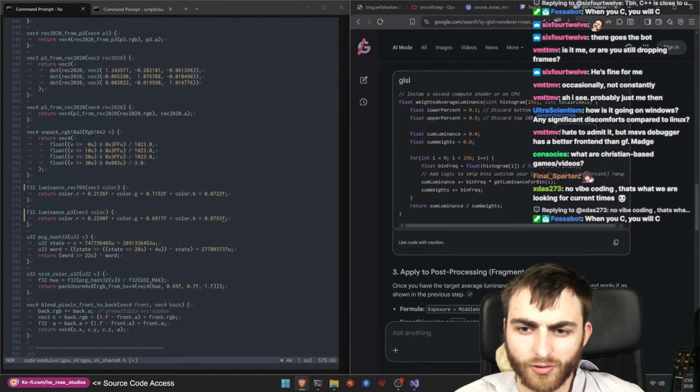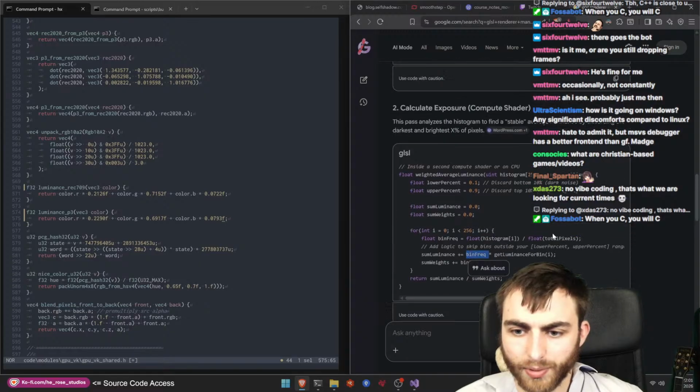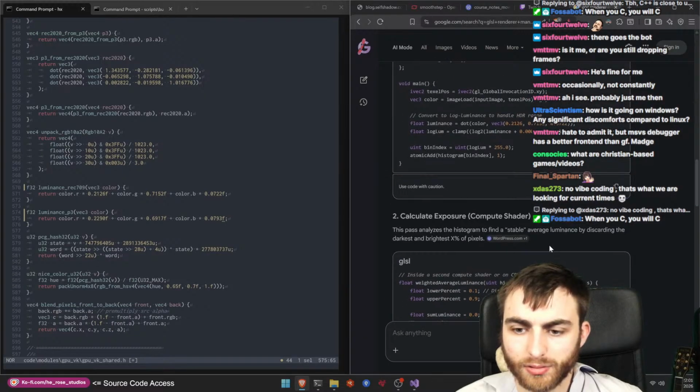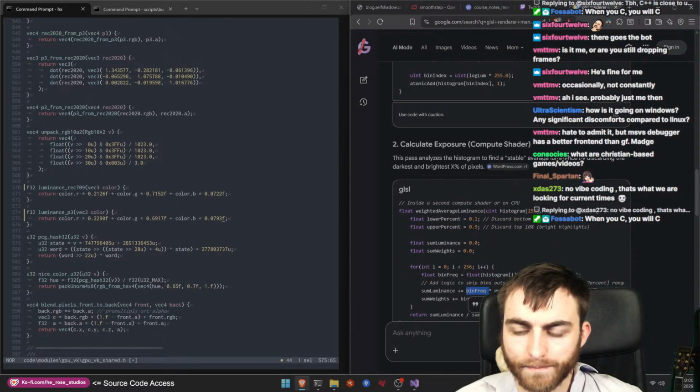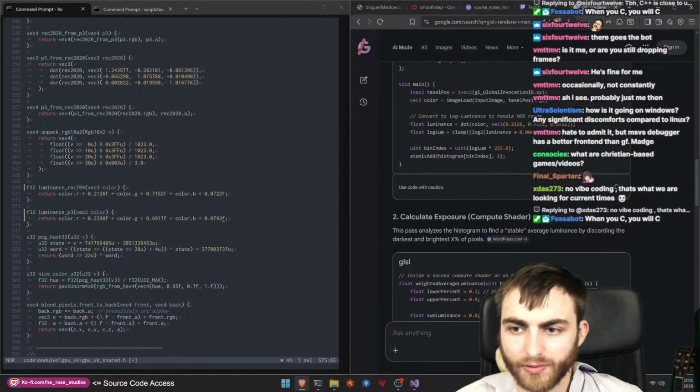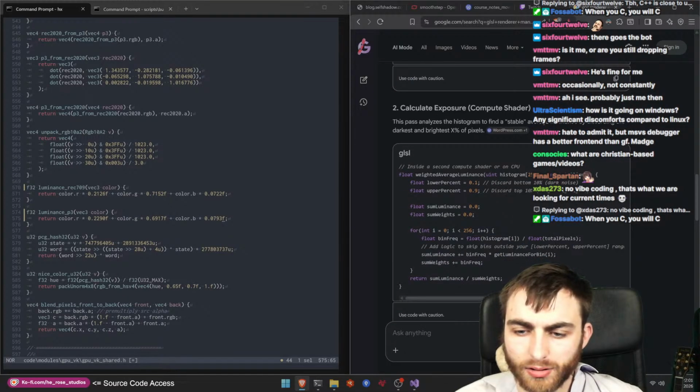Yes, you skip a certain number of bins basically, so you just avoid that loop. Accumulate the luminance, the bin frequency histogram divided by the total number of pixels which are in that bucket. Get luminance for the bin, basically do the inverse of that. And then